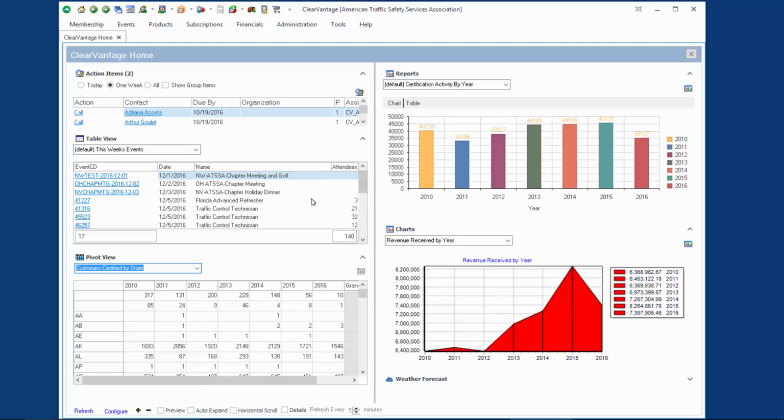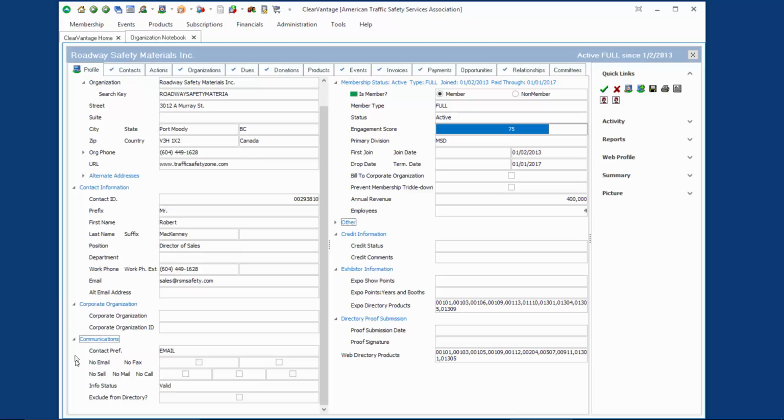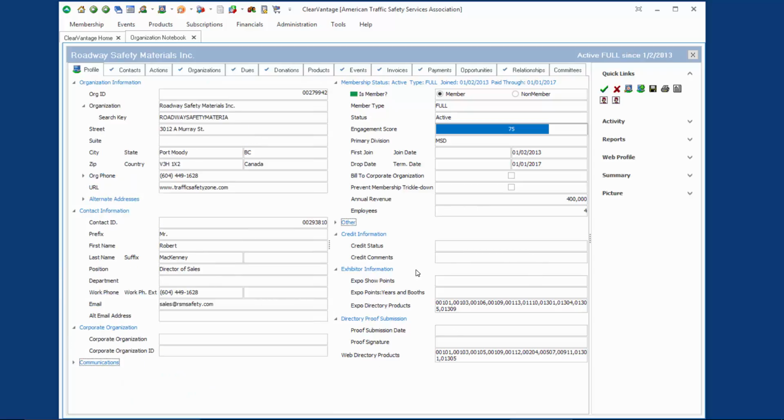A couple other things looking at ClearVantage 9, we're going to go ahead and pull up Roadway Safety Materials record. It's just a cleaner look for the users, and there's also additional abilities to tabulate information. For example, I'm looking at Roadway Safety Materials. I see their contact information. I can see their communication preferences if I expand that. They prefer email. I can see their exhibitor information, basically all the information you're tracking currently, but some other nice